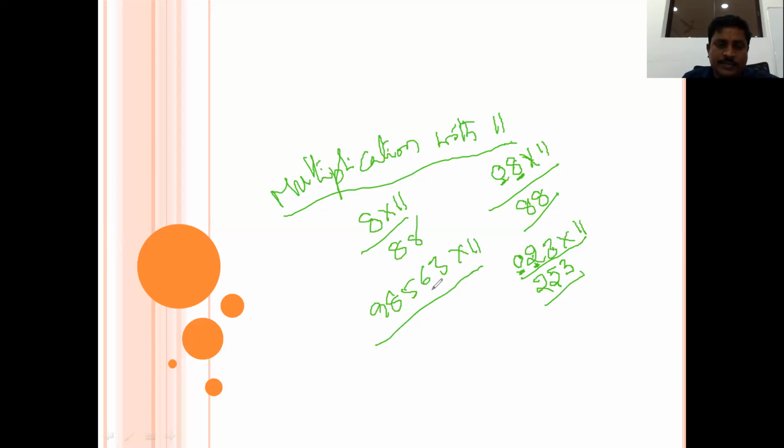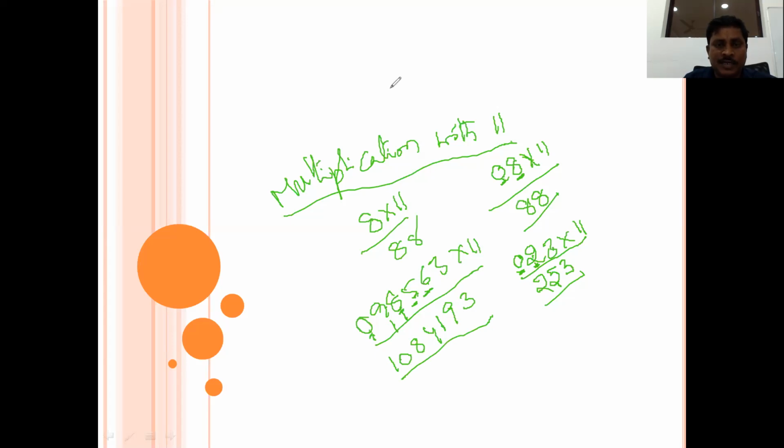Similarly here, we come here. Here also we place 0 to the left of this number. We write the last digit as it is. Move to the next digit, 6. 6 plus right side value 3. 6 plus 3 is 9. Next move here, 5. 5 plus 6 is 11. 1, carry 1. Next move here, 8. 8 plus 5 is 13, plus 1 is 14. Move here, 9 plus 1 is 10. 10 plus right side value 8 is 18. Move here, 0. 0 plus 1 is 1. 1 plus 9 is 10. So this is the multiplication of this number with 11.